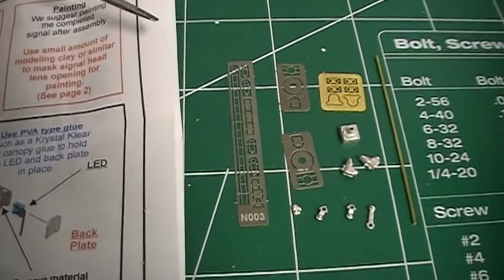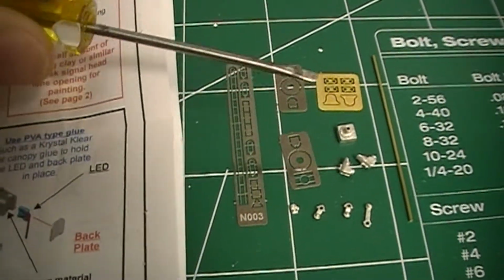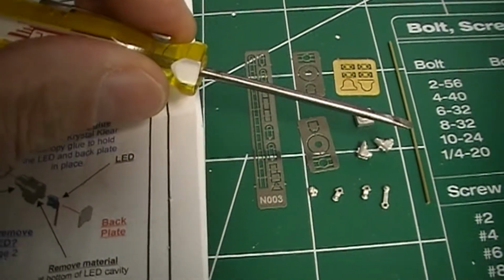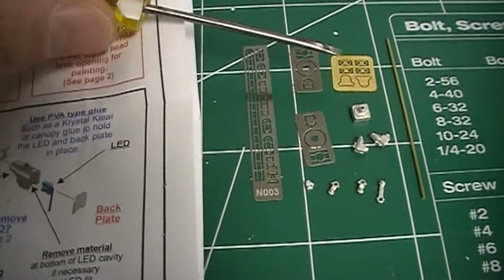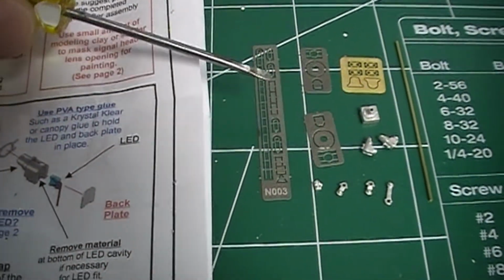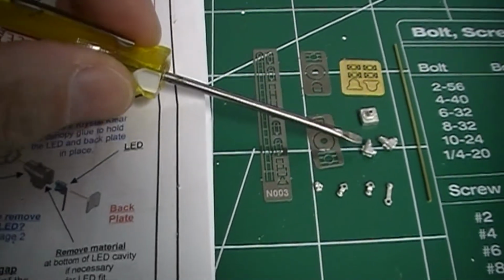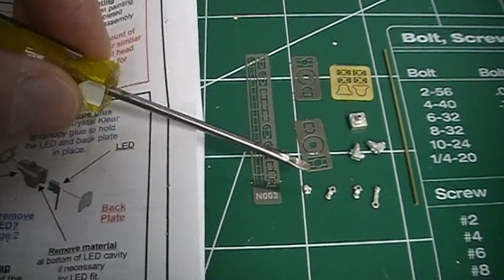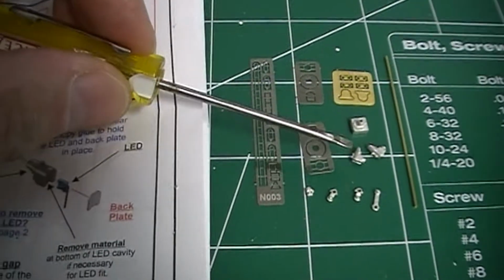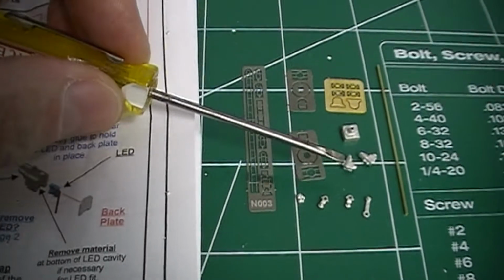Here are the items that come in the showcase miniatures signaling light. You get your 1/32 rod. This is for your hood, your ladder, pieces, the back piece for your head, and you get some mounting pieces on here to mount your ladder with. The base. The one thing that I found out that I don't believe is explained in the other video is